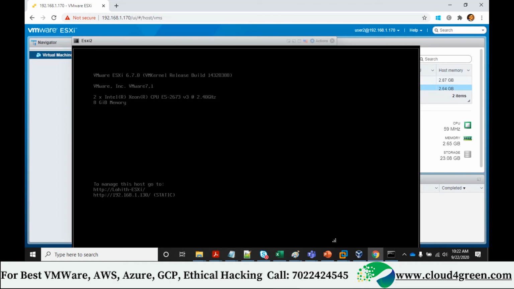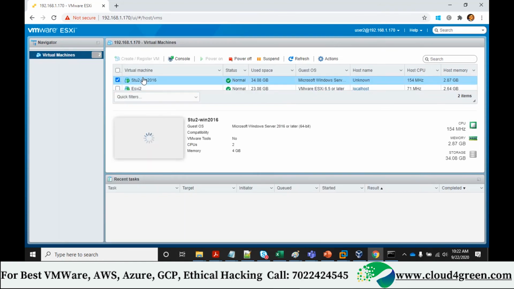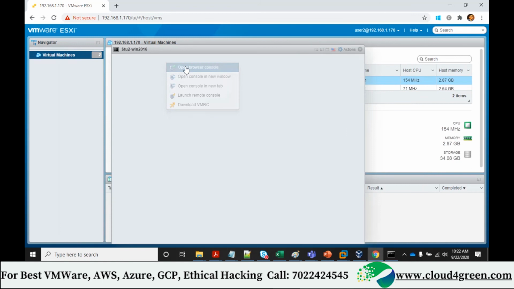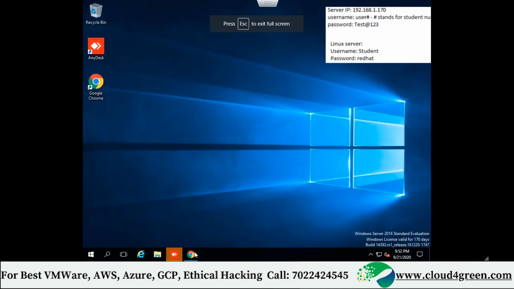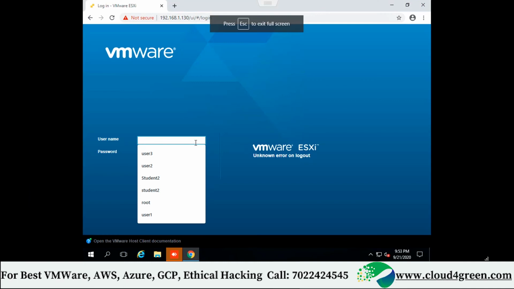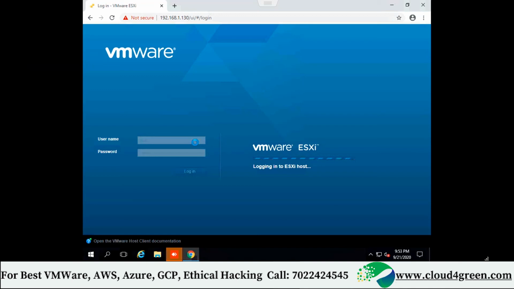Now we can verify the same thing at the GUI level. How to verify? You have access to your Windows 2016 machine. Open the browser, make it full screen, click on this user. Now root test @123.